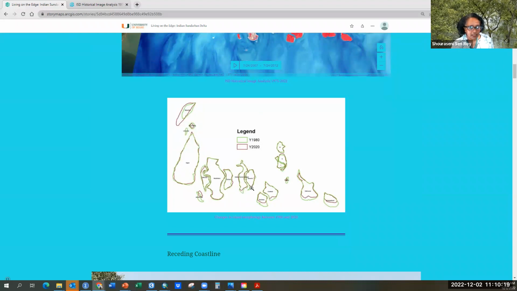Other islands, as you can see here, and I'll show you more later, there's a lot of constant erosion going on. The sizes have changed. There have been some studies that have shown that these smaller islands are more vulnerable to sea level rise and erosion. There are also studies showing those islands which are located in the interior of the Sundarbans being less vulnerable versus those which are more exposed, which makes sense. And we'll go through that.